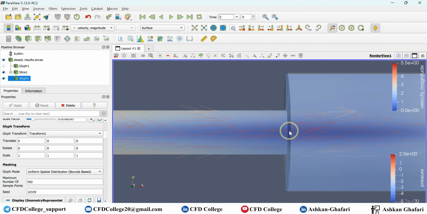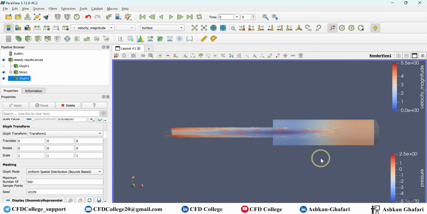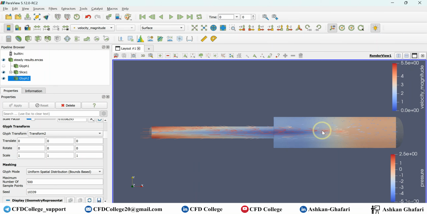This is what we usually have in two-dimensional simulations. So I just wanted to show you you can combine the Glyph filter with the clip or slice filter if you want to have the velocity vectors only on, for example, the mid plane